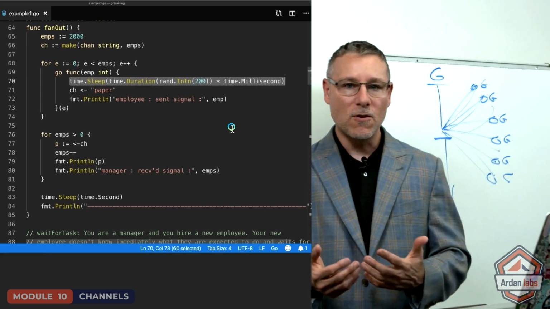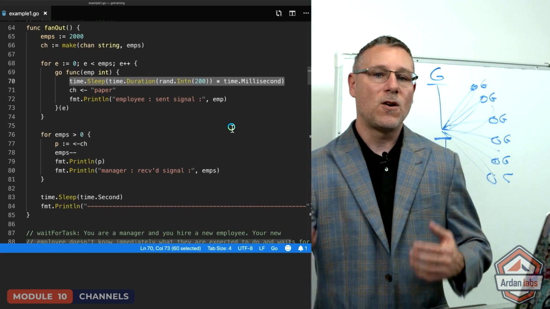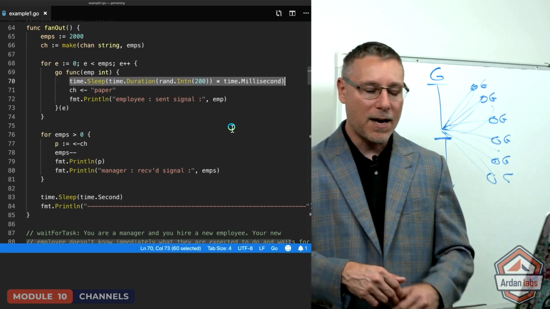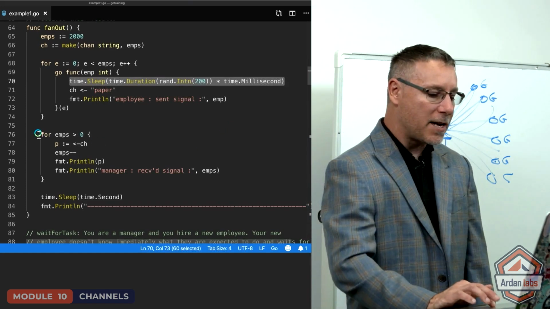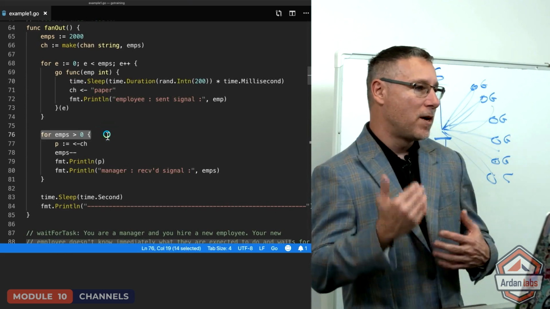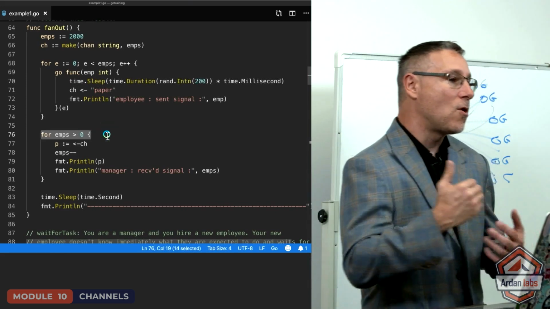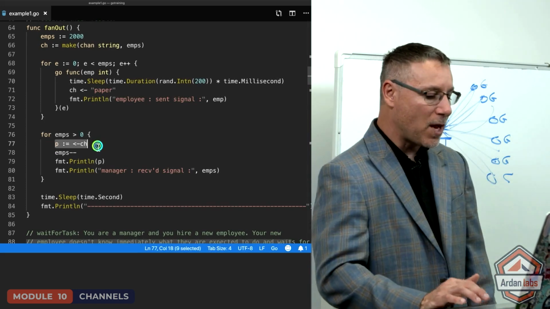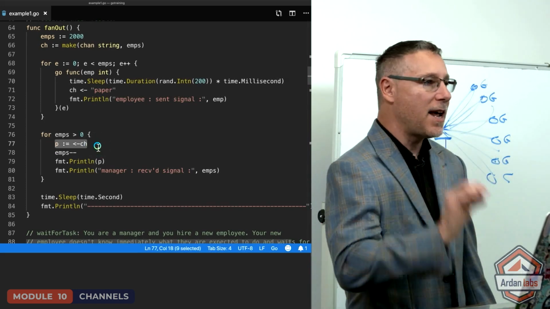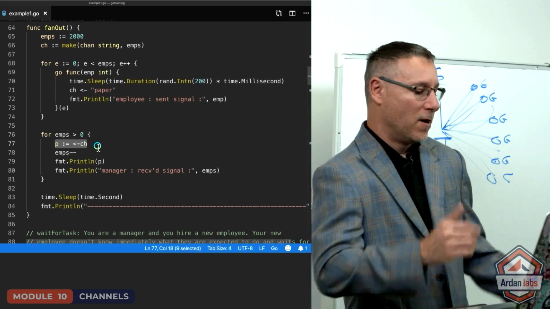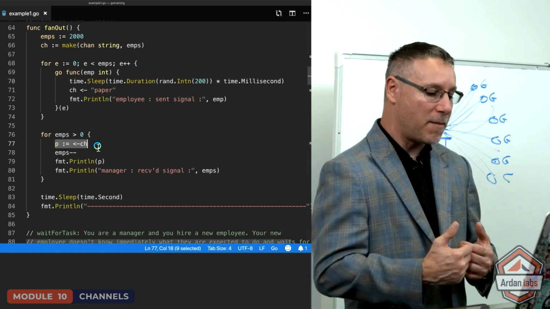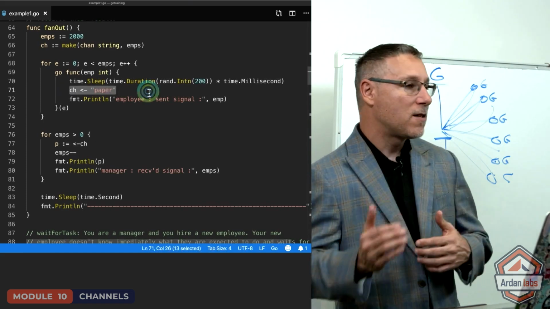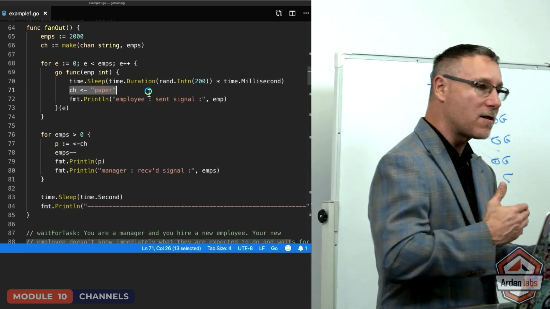So while those Go routines are out doing their work, again, we're going to wait for all of the results, not just one, but all of the results to come back. So there we are on line 76. We start a loop saying when there is no more work to do, we'll be done, but while there is, we'll continue to loop. And then we block on line 77 in our channel receive, just like before. So here we are, waiting for work to come in, and suddenly these Go routines finish their work and they start to signal, send us that work.